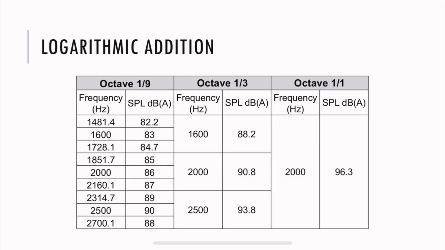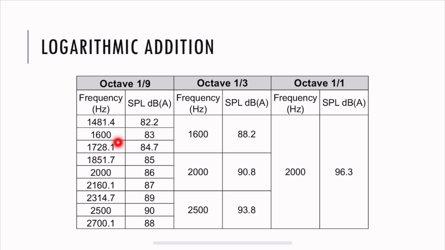Let's say in octave 1 by 1, we were interested in 2000 hertz, which had a sound pressure level of 96.3 dBA. But in octave 1 by 3, we view the same 2000 hertz in 3 parts. That is 1600, 2000, and 2500. So we have different levels. And again, when we move to octave 1 by 9, we get even higher frequency resolution. So let's say if we want to construct octave 1 by 1 from octave 1 by 3 and octave 1 by 3 from octave 1 by 9,